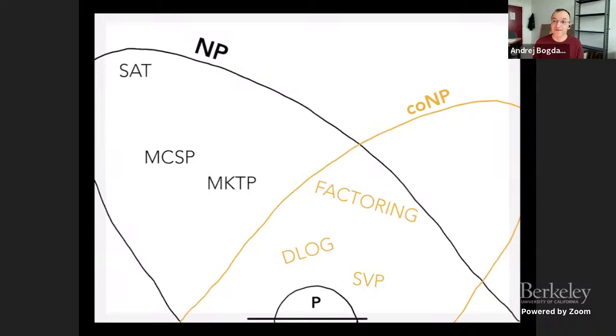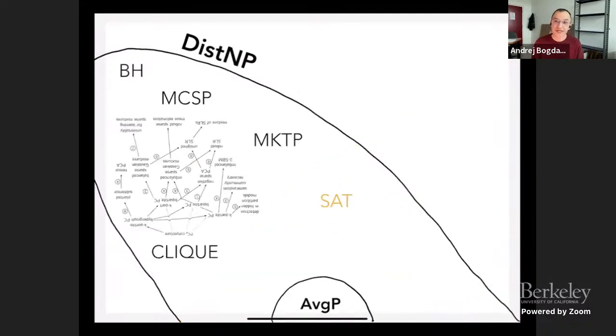And so if we want to have a finer understanding of this hardness, then we can look at other subclasses like statistical zero knowledge, which is essentially an NP intersect co-NP, and we can ask what happens there. But in the average case world, we don't use this kind of reasoning so much, right? Maybe in cryptography, we do have some oracle separations, but when we talk about these concrete problems, and some of these are really interesting, like a lot of you in the audience did this really amazing work on MCSP, MKTP. They do have worst case to average case reduction, so we really want to know what happens in this world, but we don't really have so many separations.